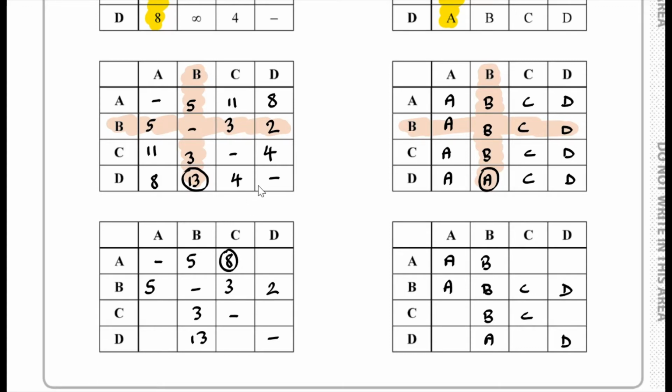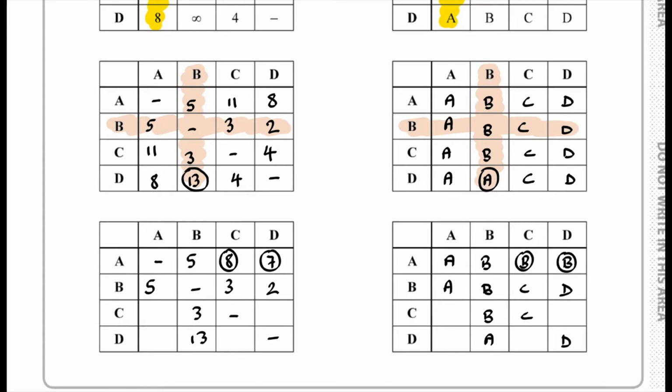We circle it because we've replaced the 11 with 8, and also the letter C will be changed to B. So here we have the letter B. And for this element AD, here we have an 8, and we compare that to 5 plus 2, which is 7. 7 is smaller than this 8, so we have 7. We circle it because 8 is greater than 7, and we change this letter D to this letter B,